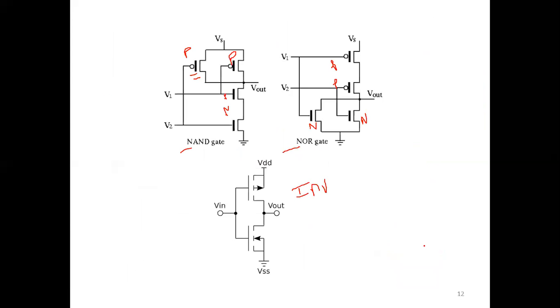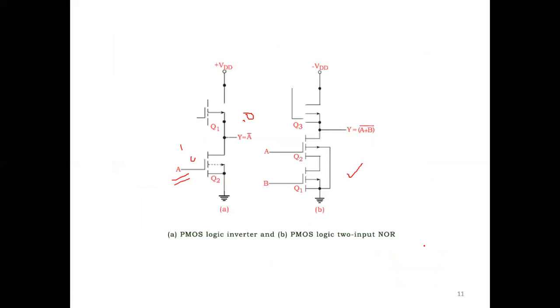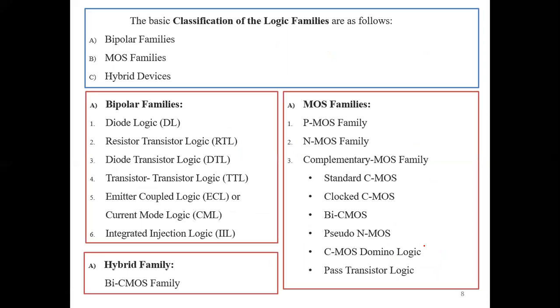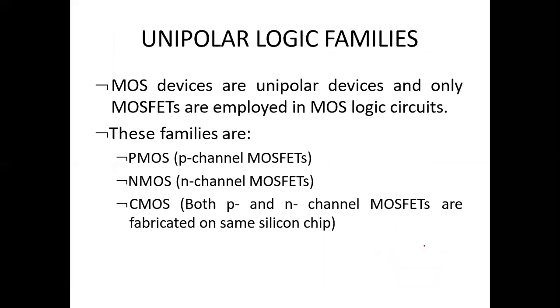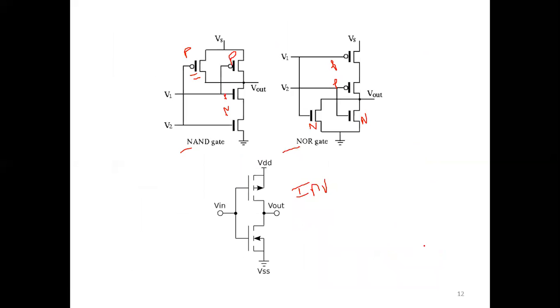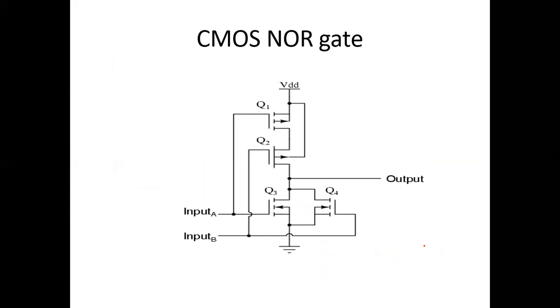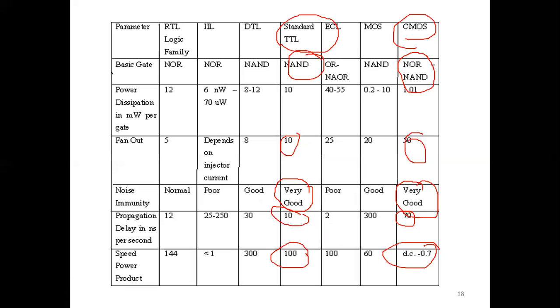So I think we know the CMOS families. These are CMOS logics, PMOS and NMOS logic, like that we discussed. Same as we discussed the comparison of transistor logic and CMOS logic and other logics.